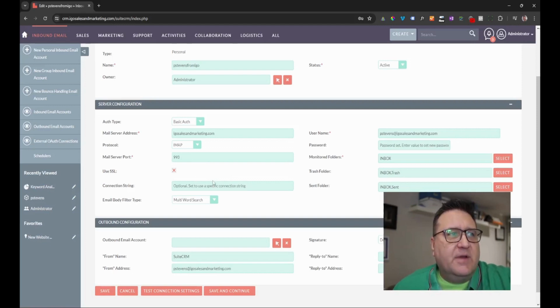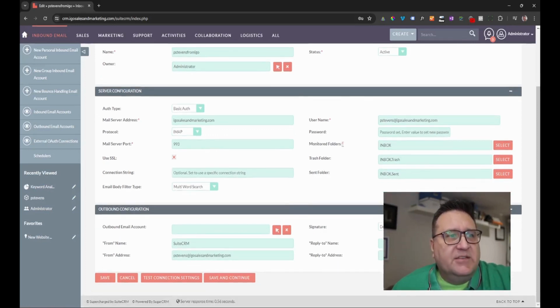You don't have to worry about connection string or email body type, okay? So what I would suggest here is do not click on test connection settings. There is a bug around the test connection settings as well. Okay, so I think it may have been fixed recently, but the thing with this is if it doesn't connect, it's going to just go until your server times out